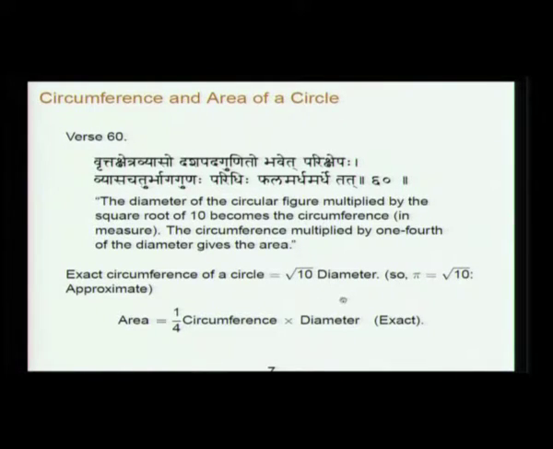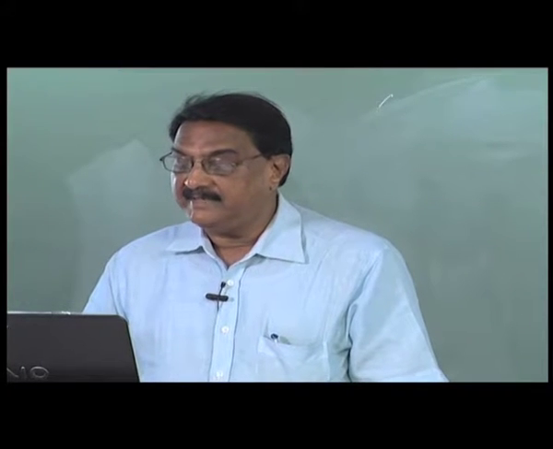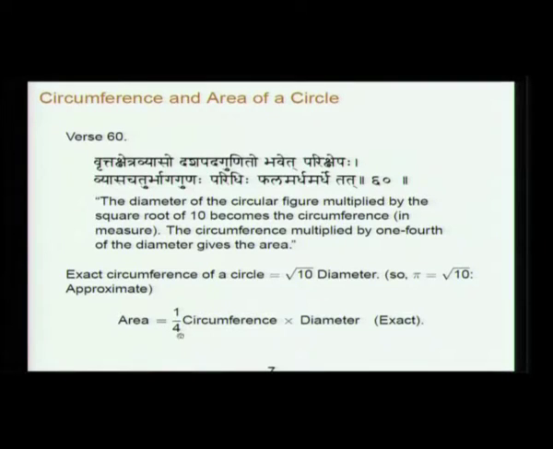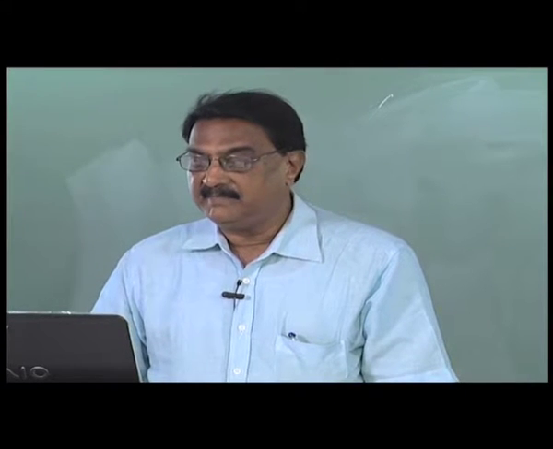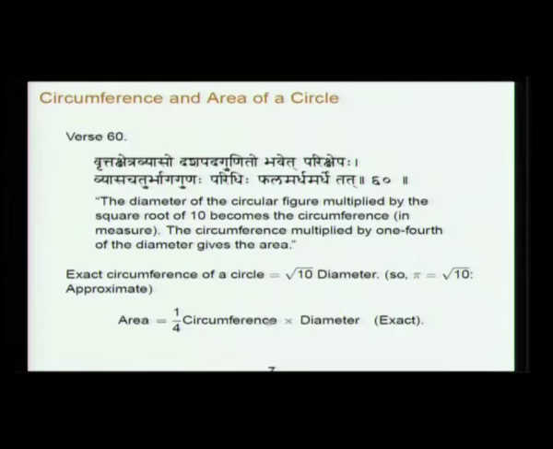So, I told you earlier also this is some kind of a Jaina value you will say, because various Jain texts will give this number. It is an approximation, and the area is 1/4 circumference into diameter. This is of course exact, whatever be the relation between circumference and diameter. So, this area itself is exact. So, this is understandable. Probably in fact this is explained in commentaries to Lilavati.